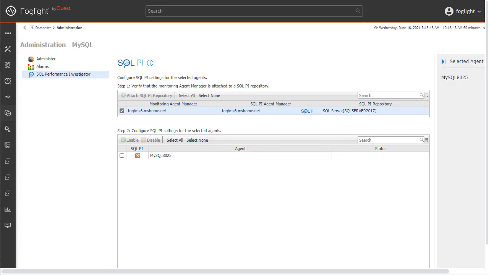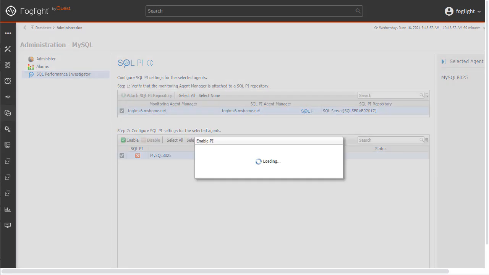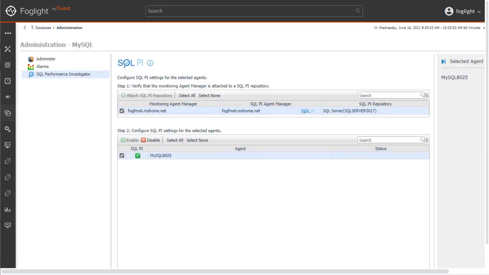The new PI database and schema has been created. Let's select a checkbox for the database agent, or multiple agents if more than one is present, and click the Enable button. The PI agents are created and the database agent is associated with the PI repository. Once the process is complete, the red checkmark turns to green to indicate that the database agent has been associated